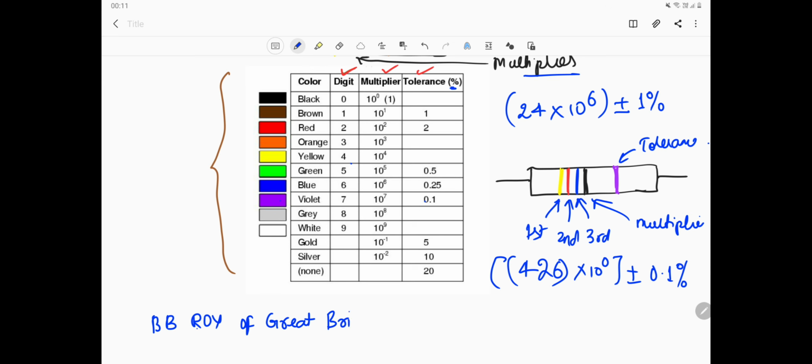So you have to only take the capital letters here. This B, Roy, of I have written in small, G is capital, of Great Britain, green and blue, of Great Britain has very good wife. And after that we are just left with gold and silver. V, G and W are in capital. So this phrase will help you to remember this.